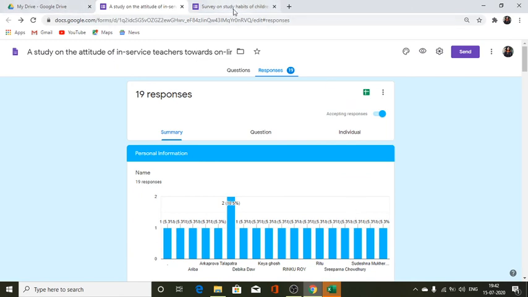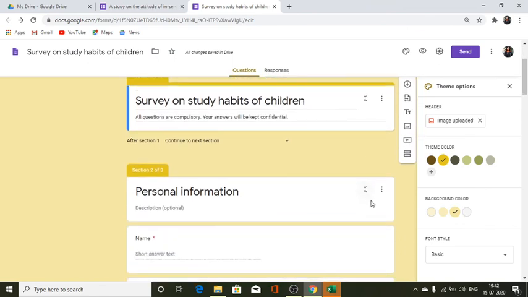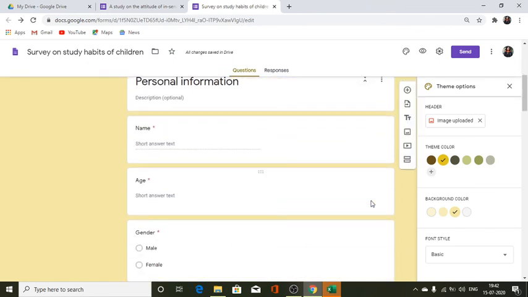So this survey that we have created on the study habits of the students can serve our purpose. And this is the way, very simply, we can create questionnaires and we can disseminate them, distribute them, get the responses back from the respondents, and they get automatically recorded and entered into the Excel sheet which we can share, and our labors get reduced to a considerable extent.